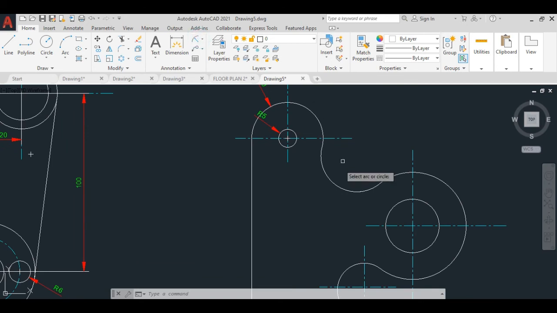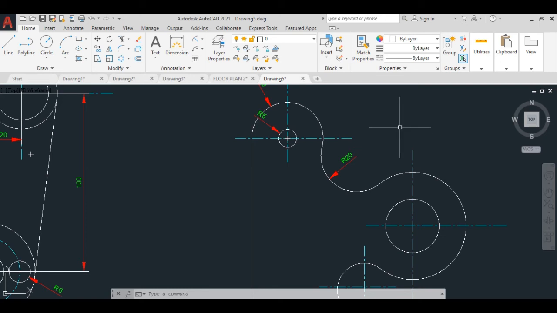And now again we'll choose the radius. You can see here, if you once choose any dimension mode and now click over here, then your cursor is deactivated from the dimension.